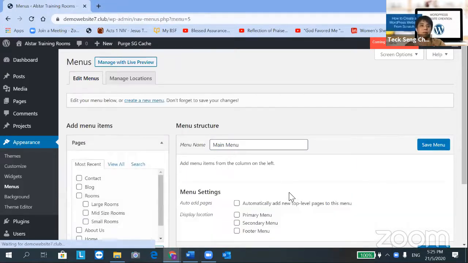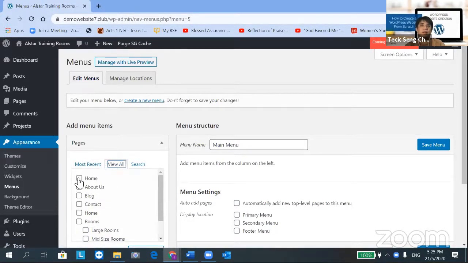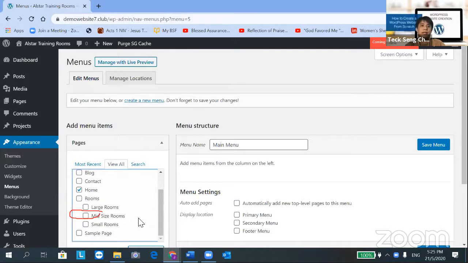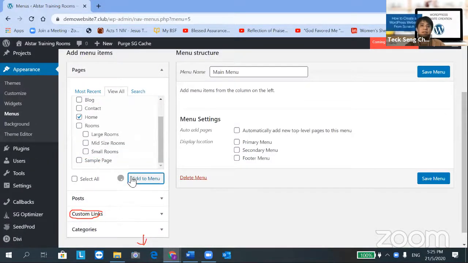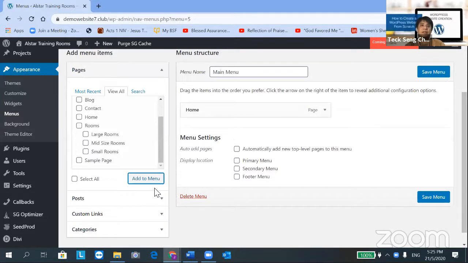Now just go under view all. Then don't select this home. Select the second home here. Then select add to menu here. Yes, then you select one by one.